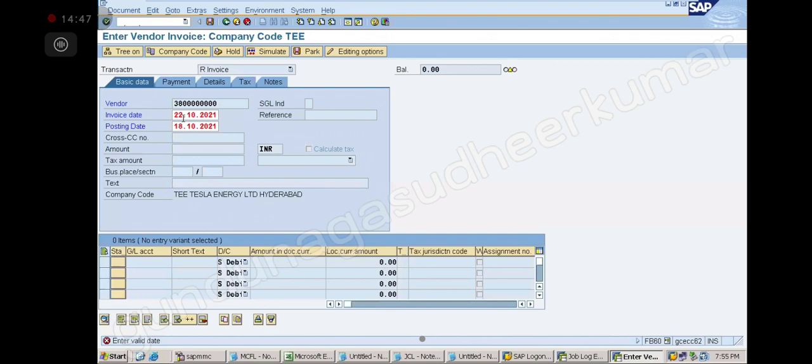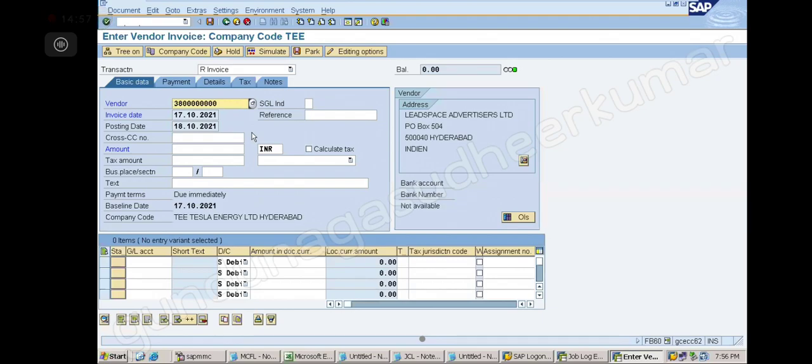Invoice date could be 18 or something, could be 17. Now I am giving the posting date as 18. Is system stopping me? No, sir. Even though today is 22nd, can I give 18? Yes.